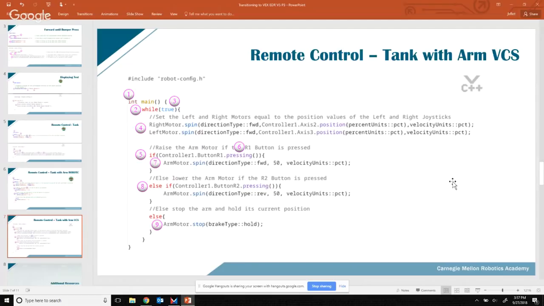And then as MOQ Robotics noticed and pointed out, what we can actually do is say arm motor dot stop, and we can say break type hold. So not only are we able to say stop the arm motor from moving, we can say stop the arm motor from moving and continue to draw power to hold it there. All right, so